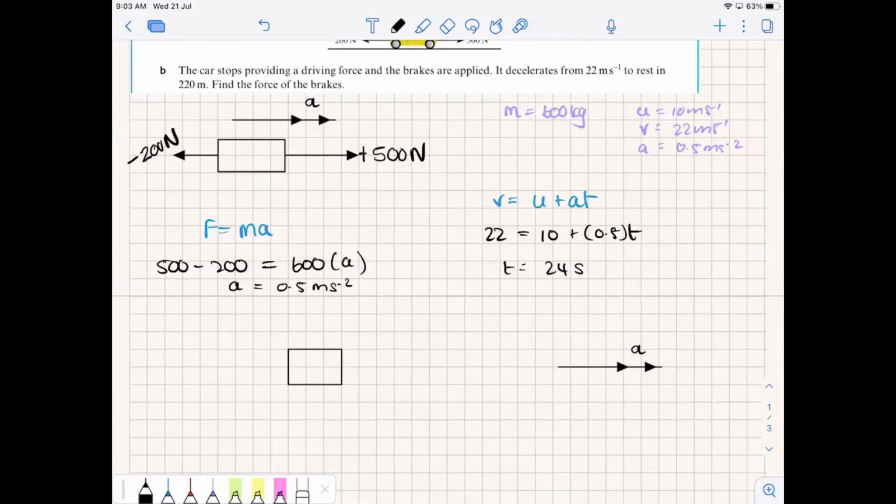Okay, let's consider the forces being applied to this car. We still have the air resistance that hasn't gone anywhere, so we still have